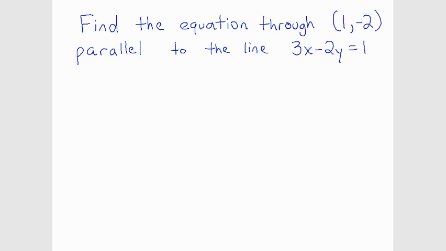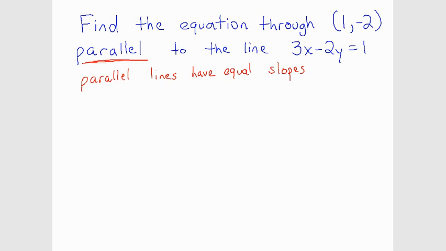So let's recall that since this problem says we're parallel, recall that parallel lines have equal slopes. Okay, so we want to find the equation through the point (1, -2), parallel to the line 3x minus